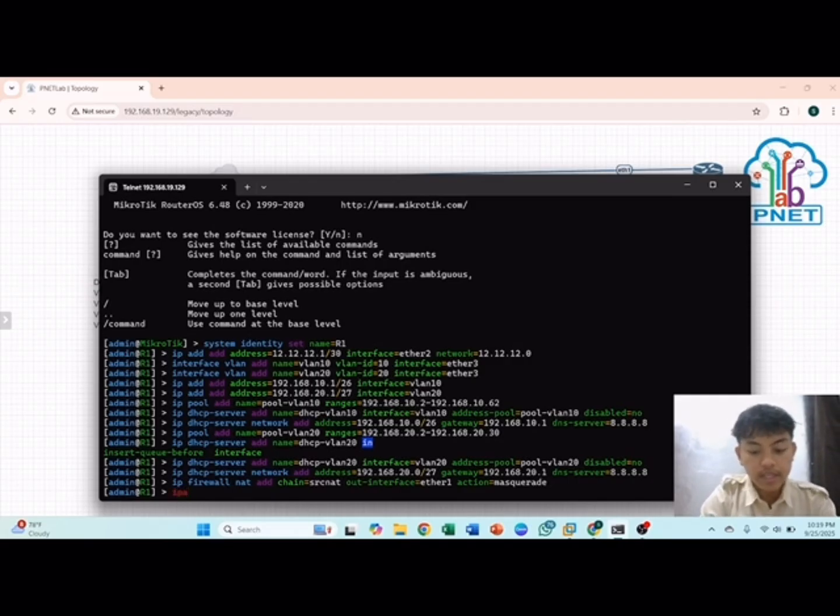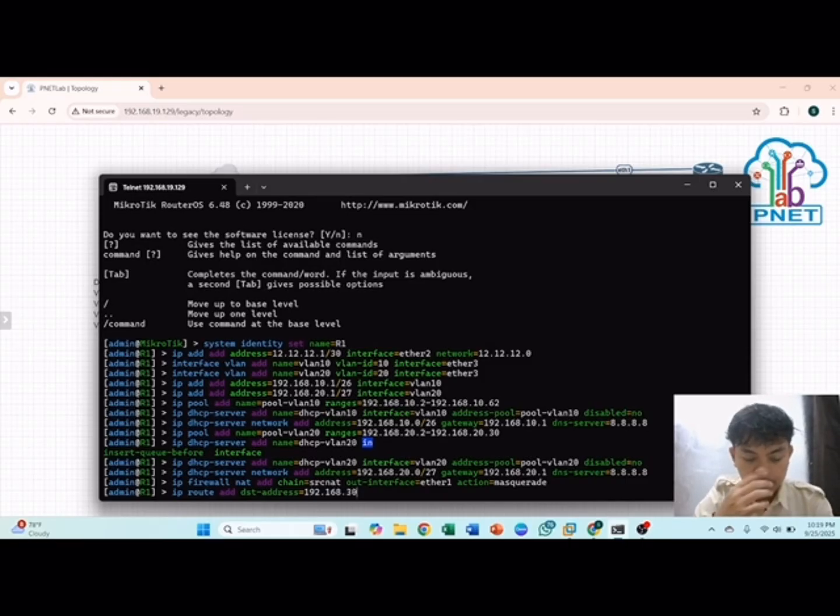And we add the IP route for the VLAN. Put your IP route in here.